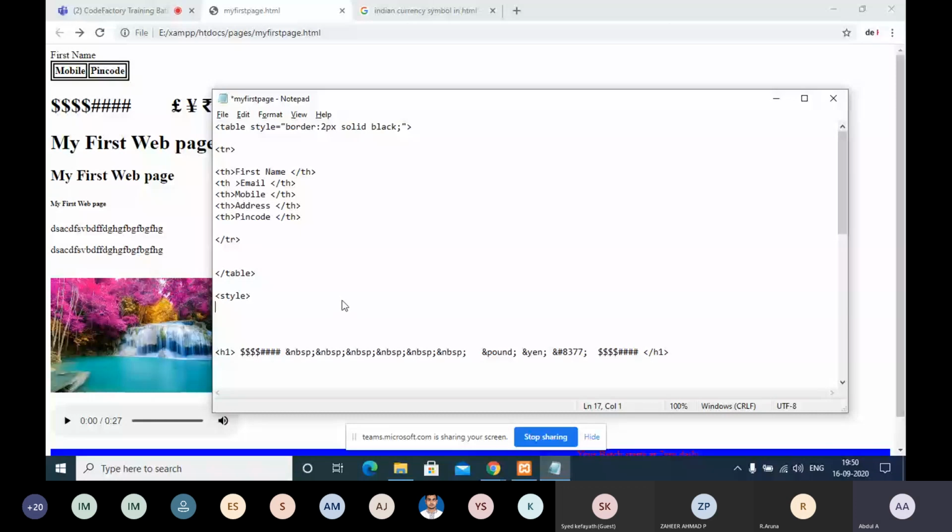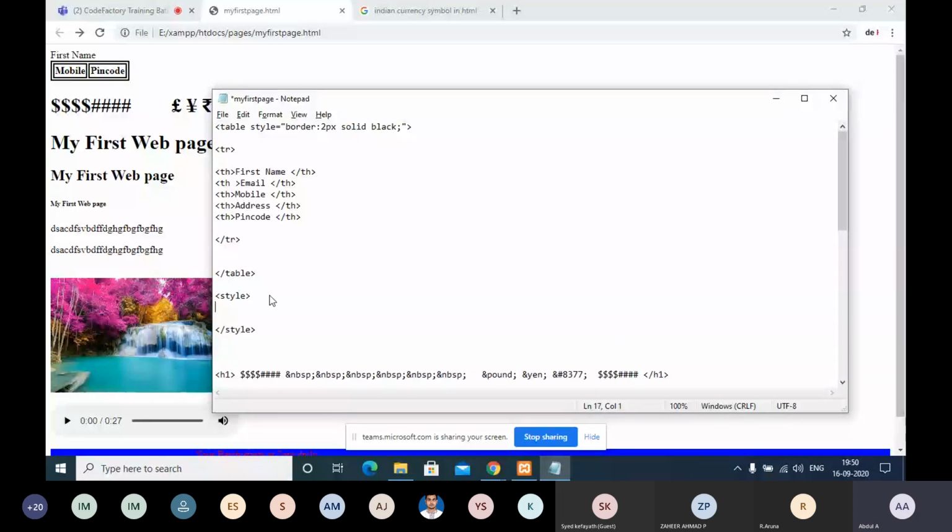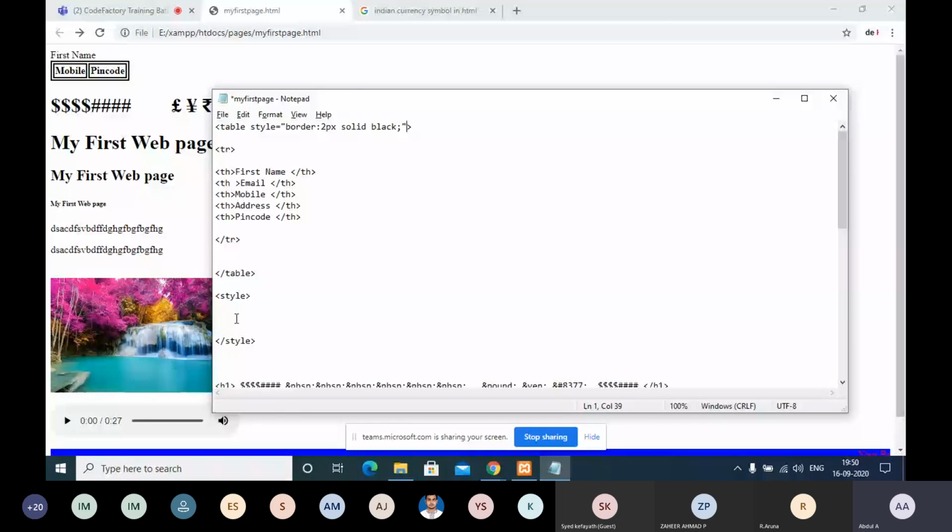Now what I'm doing is giving some border. First we need to give the border for the table, then the border for the header, and then the border for the data cells.